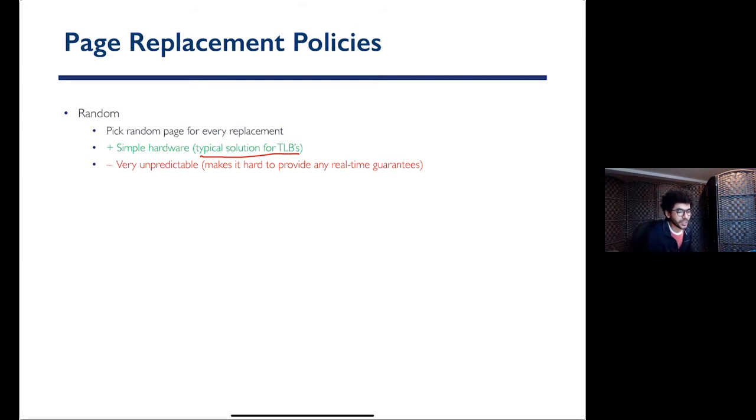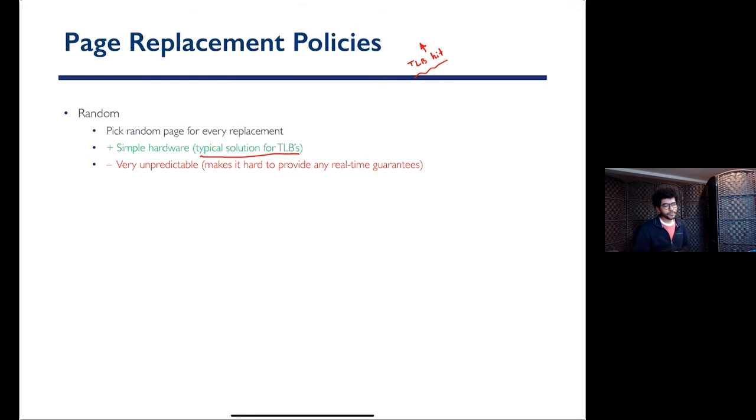Now, if you want to implement a more advanced replacement policy, then that could mean that you need more hardware, and adding more hardware is going to make your TLB complicated, and making your TLB complicated means it's going to get slower. That would require increasing the hit time of the TLB, and that's not good. So maybe a better option is to just have a simple random